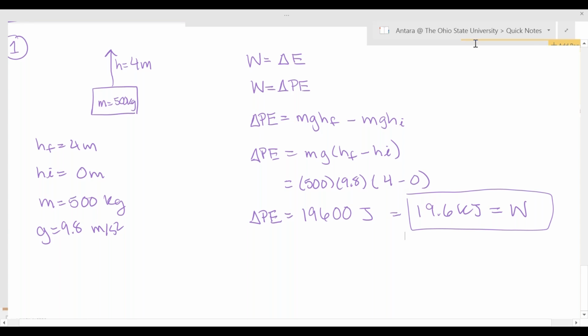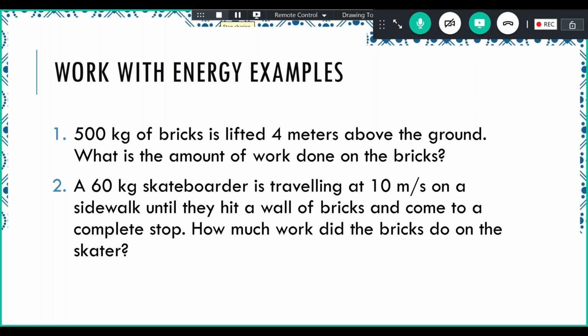So let's go back to the PowerPoint and see our second question. So our second question is, a 60 kilogram skateboarder is traveling at 10 meters per second on a sidewalk until they hit a wall of bricks and come to a complete stop. How much work do the bricks do on the skater? So I'm going to go ahead. This is our last example. So I'm going to go ahead and